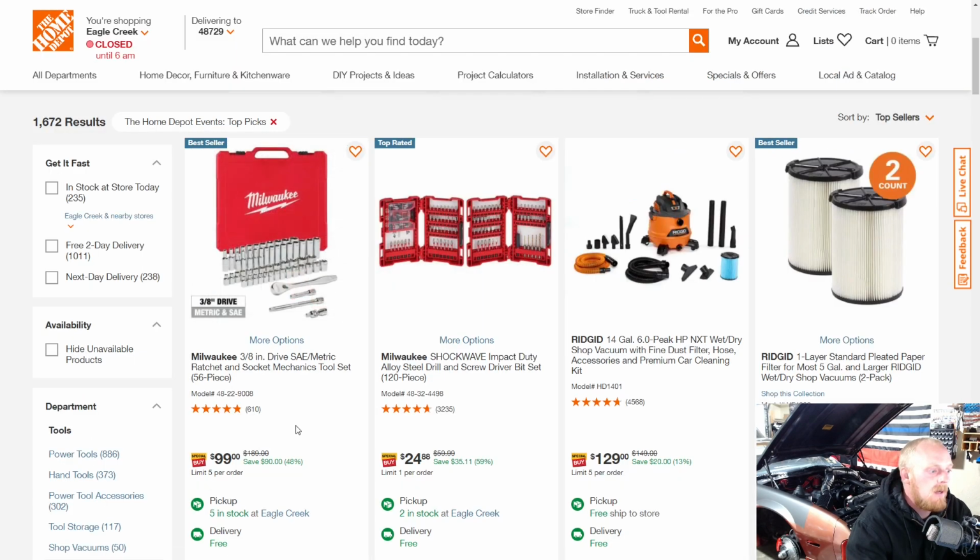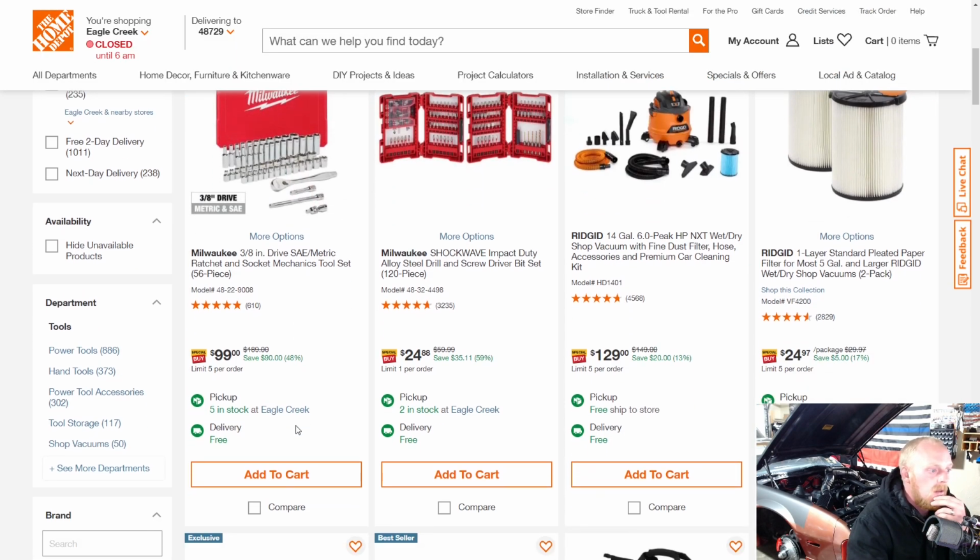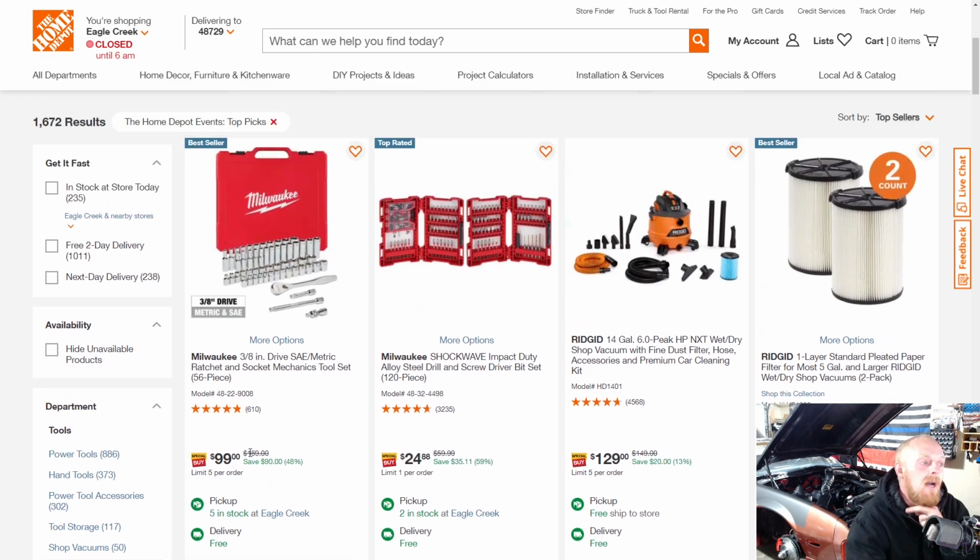Then here they have a Milwaukee 3/8 drive socket set, 56-piece for $100, down from $190. I would definitely never buy that at $190. I like Milwaukee power tools. I don't use a whole lot of their hand tools, not because they're bad quality, but mainly due to the fact, just like a lot of the Craftsman stuff, not that any of it's horrible quality or anything, I'm not saying that. What I'm saying is their name has associated with a high-end power tool, their brand,